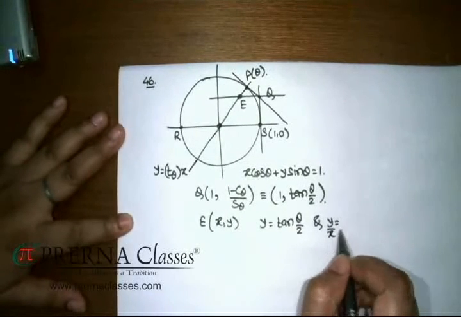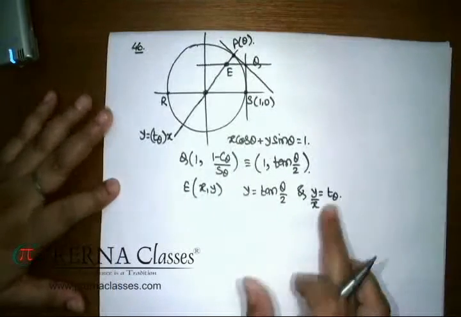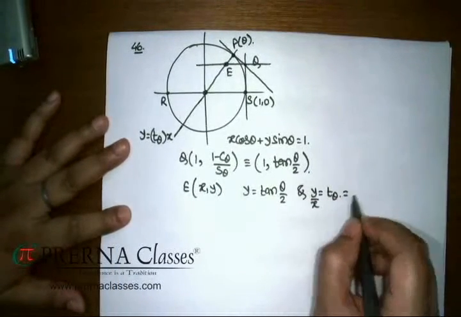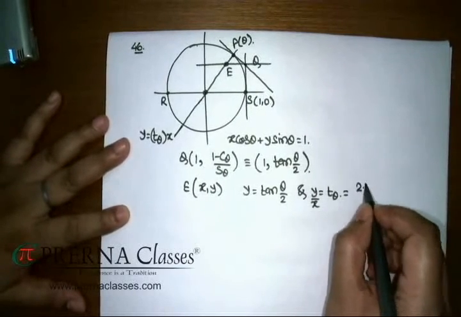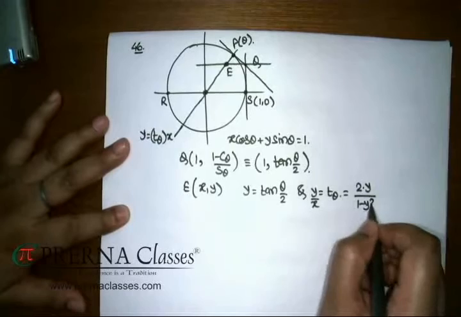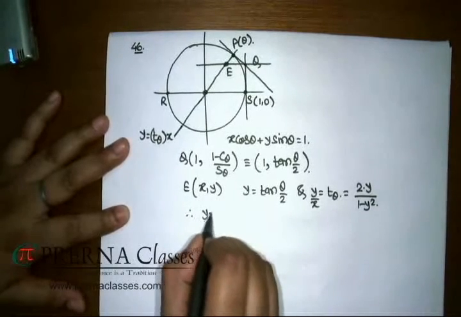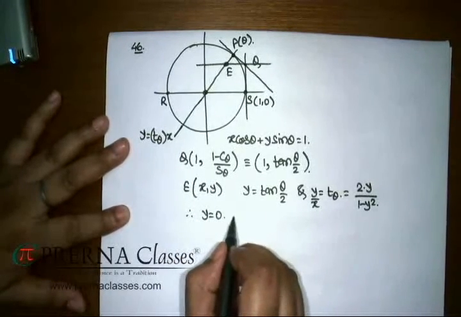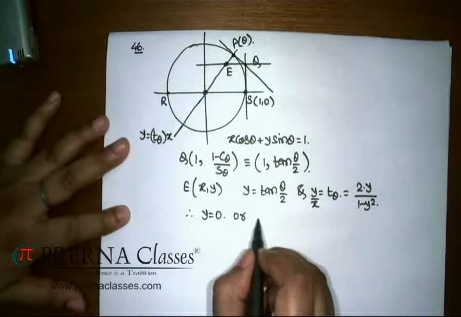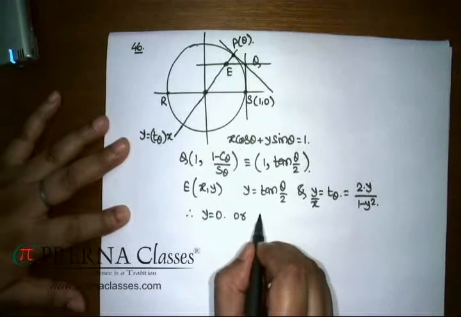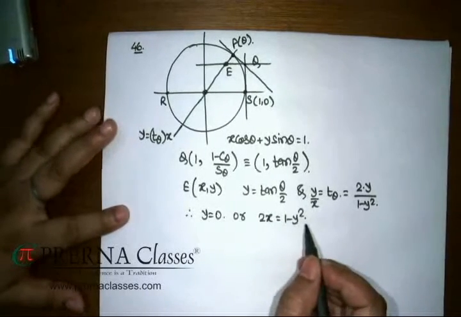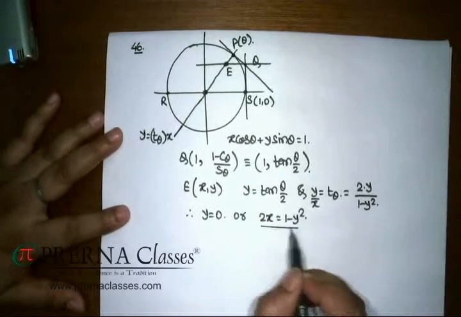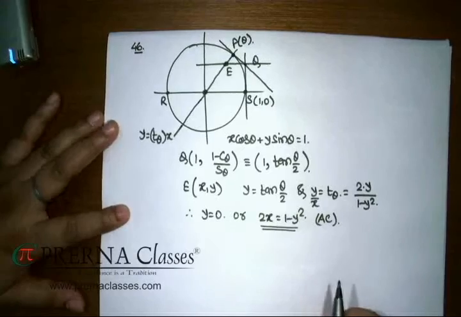Just we have to eliminate theta from this. You can check then this tan theta, I can write as 2 times y by (1 minus y square). One of the solutions is y equal to 0. None of the options is having y equal to 0, or the other option would be this, that 2x is 1 minus y square. This is another locus, and you can check on this particular locus, that is a parabola, options A and C are lying on it. Other two options are not satisfying this, so they are not the correct answers.